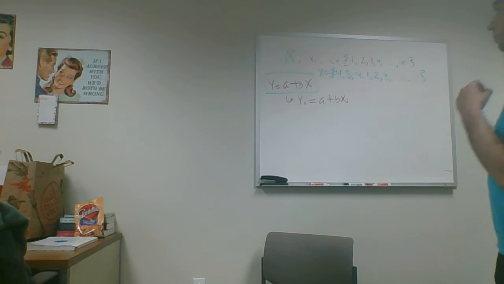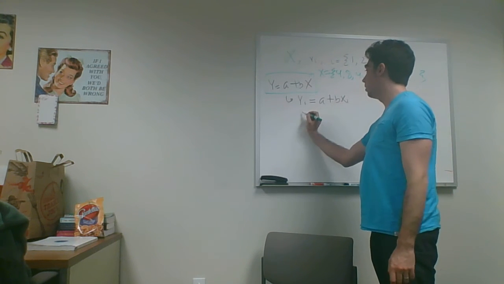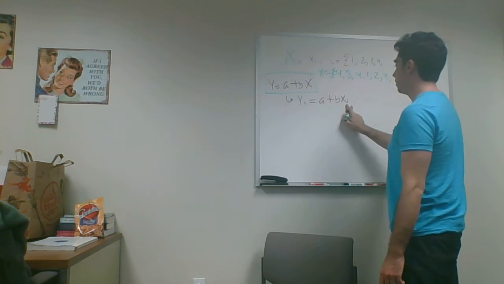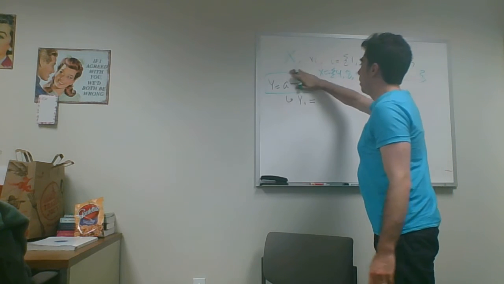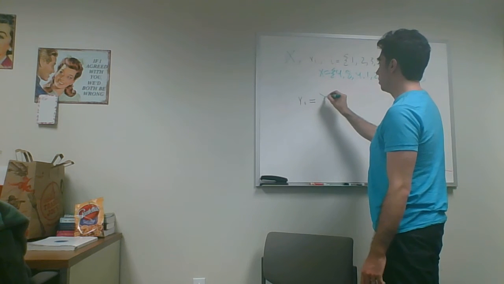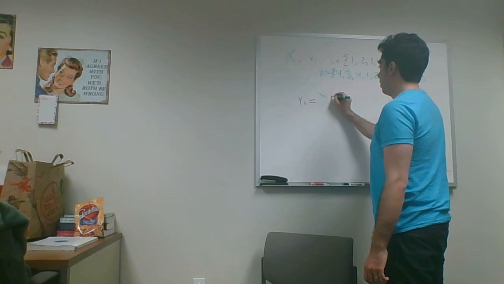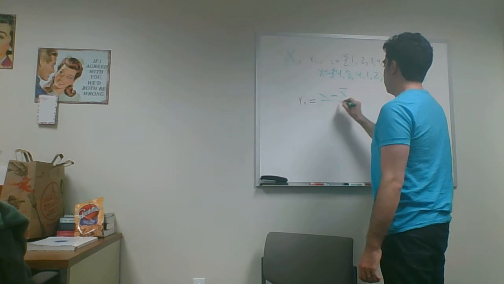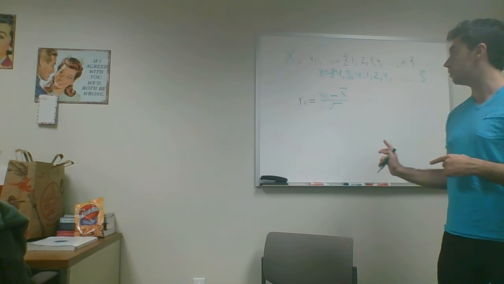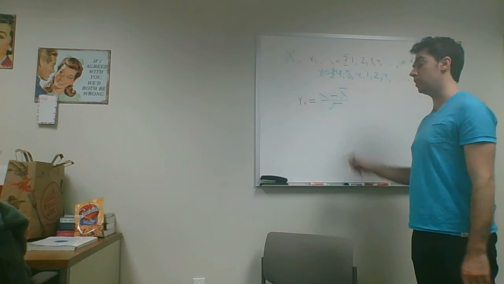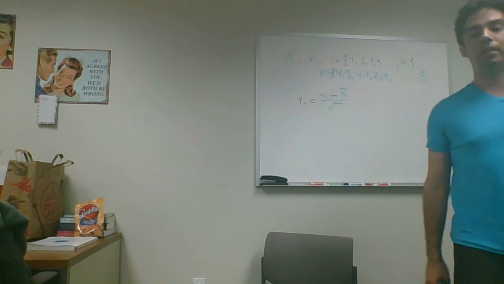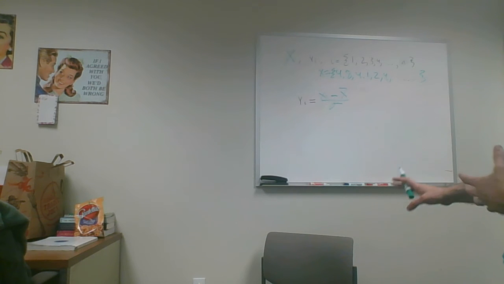So what you can do is this. Let's say that instead of defining yi equal to a plus b xi, I define yi as being equal to xi minus x bar over the standard deviation. It turns out that this transformation has a mean equal to 0 and a variance equal to 1, and that's really handy. And like I said, it will become very clear later just how important this transformation is, but